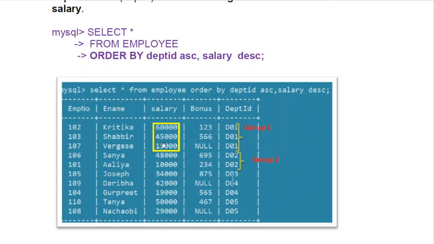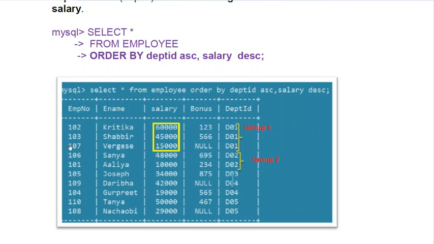So in this situation, it will check the salary, the second column. And according to the value and the order of the second column, which is DESC, descending order, the 102 row appears at first, and then the next salary value 103 appears next. Then the third record, that is 15,000, will be the third record. Thereafter 48,000.